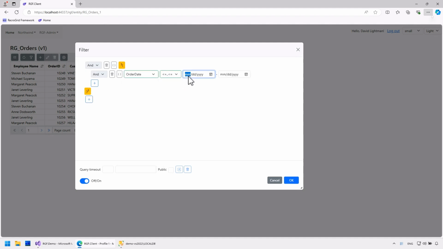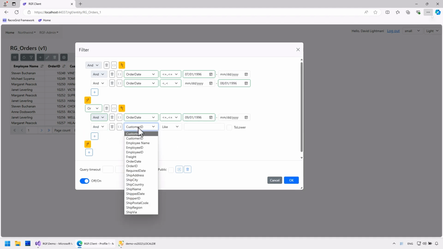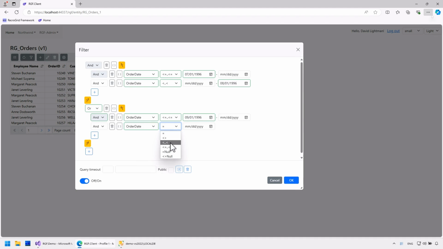So, order date greater than or equal to July 1st, 1996, and less than August 1st, 1996, or greater than or equal to September 1st, 1996, and less than October 1st, 1996.